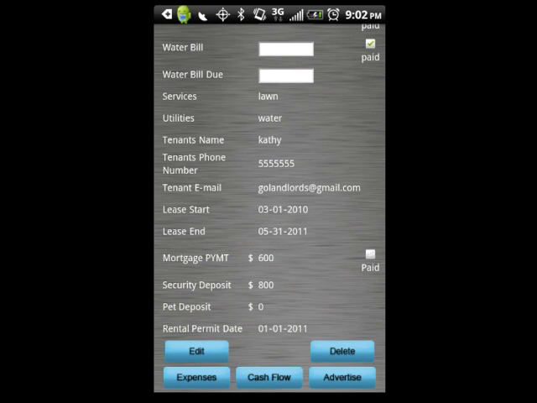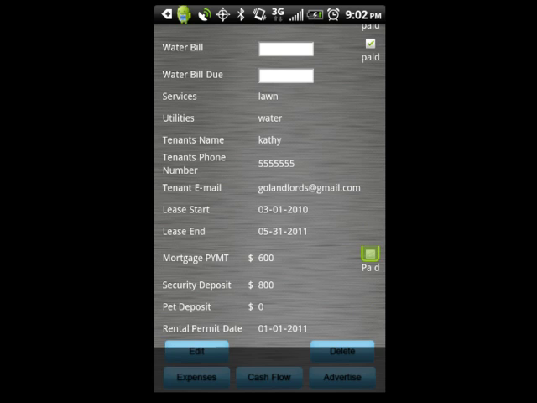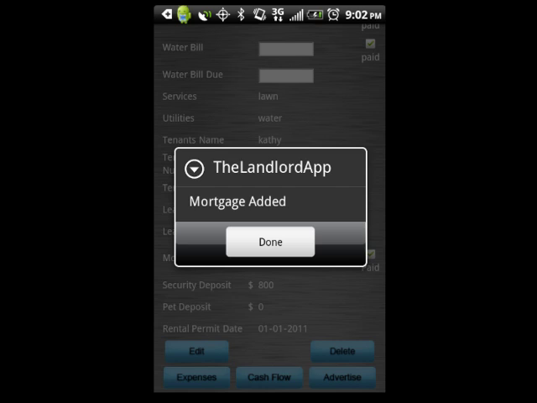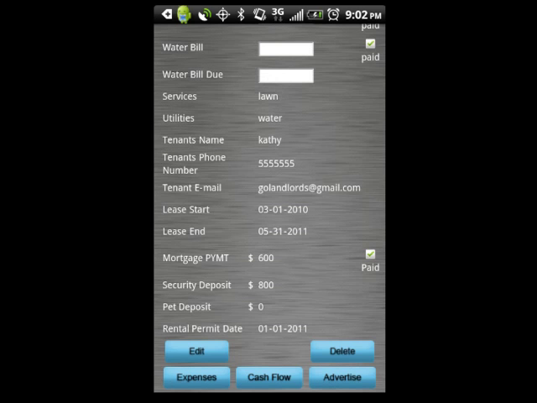And then as well, you see the paid box for the mortgage payment. If you pay your payments individually each month and don't have automatic checking, you can keep track of whether or not you paid by hitting that paid box. So now you go to cash flow,